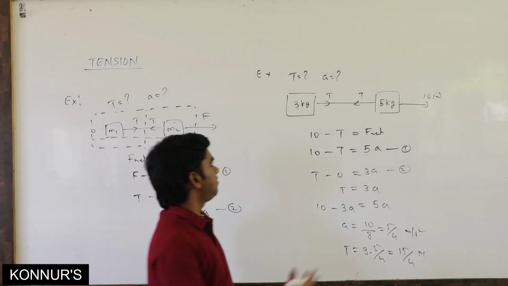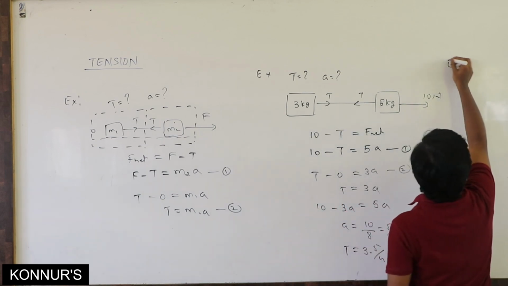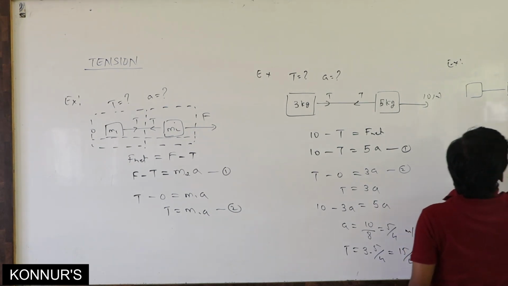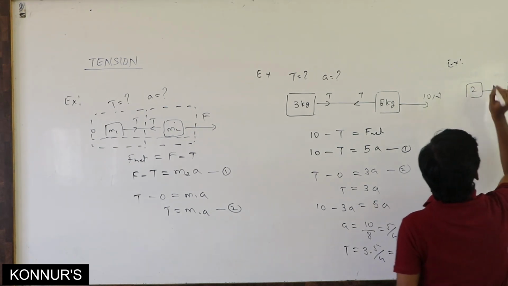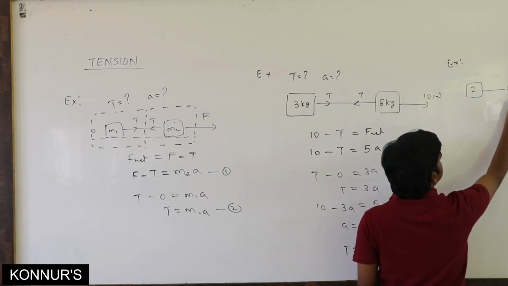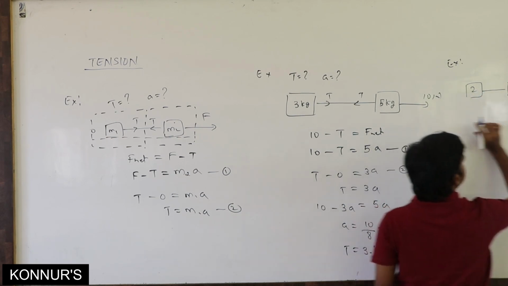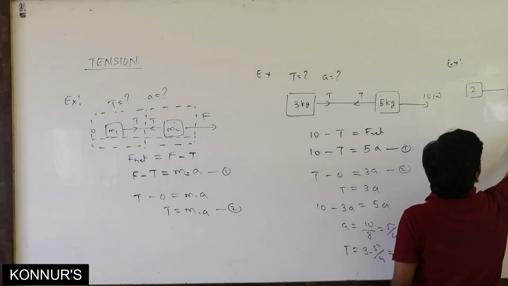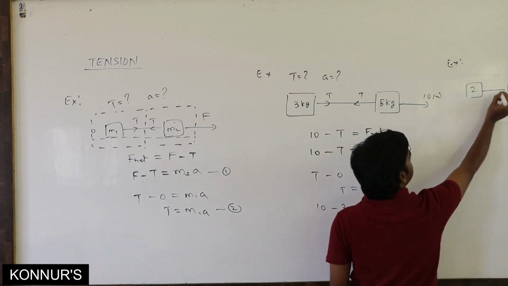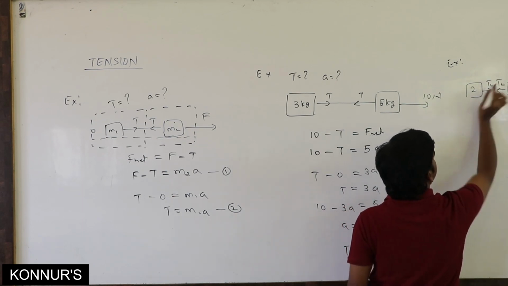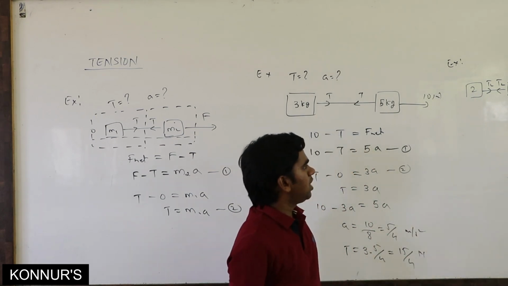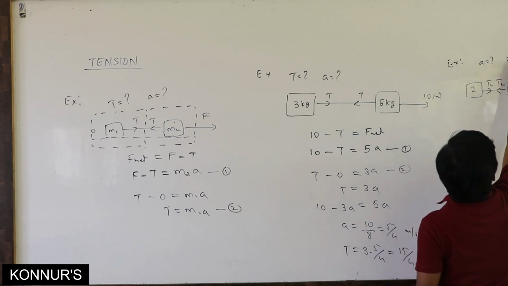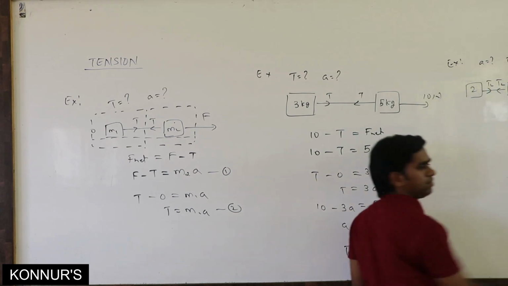Similarly, if I connect 3 bodies, for example 5 kg, 3 kg and 2 kg. In between the masses, the tension here is different, and here it is different. Again I am applying 10 Newton of force in this direction. What is the tension here? You can take it as T1. What is the tension here? You can take it as T2. Here nothing is acting. So again, what you have to find is the acceleration, T1 and T2.